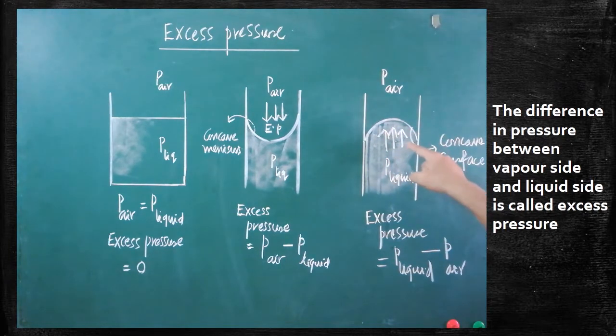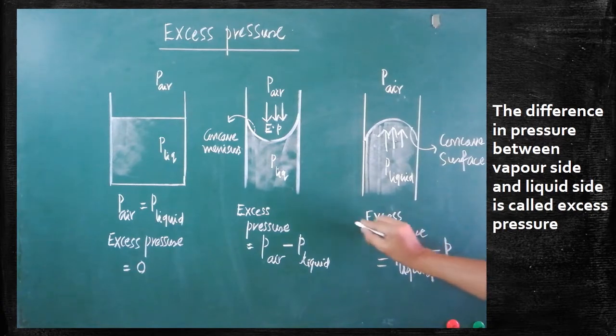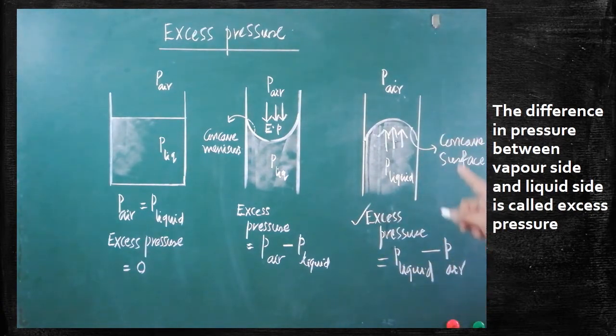Again, the excess pressure acts on the concave surface. Always on the concave surface, excess pressure is greater. The difference between these two pressures must be called excess pressure. That you should know. Are you clear? So the excess pressure is acting on the concave surface. And in the meantime, the pressure exerted by the liquid will be greater and the pressure exerted by the air will be lesser. So this knowledge is essential. Excess pressure is nothing but the difference in pressure between these two surfaces.